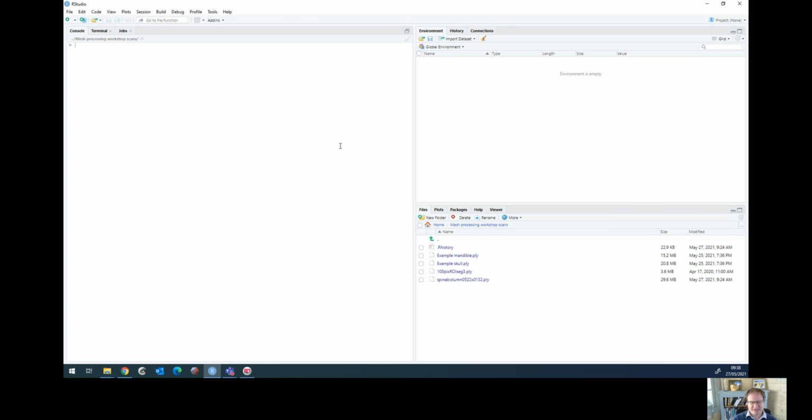What this means in short is that instead of just having the main console, which is this part here, which can be quite intimidating, where it just shows you your code and what you're typing in, it also has things like an environment, which shows you the files or variables that are loaded into R. It has a history tab, so anything that you've typed, you can go and look for that command,